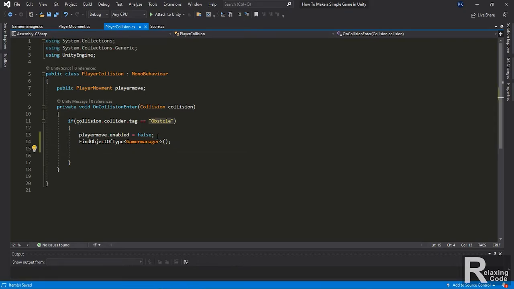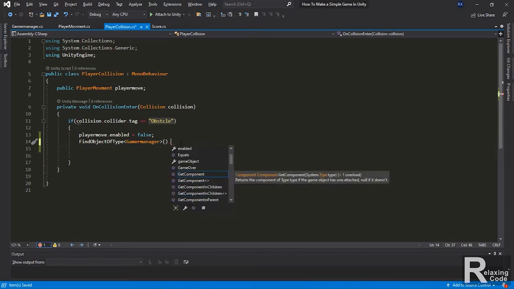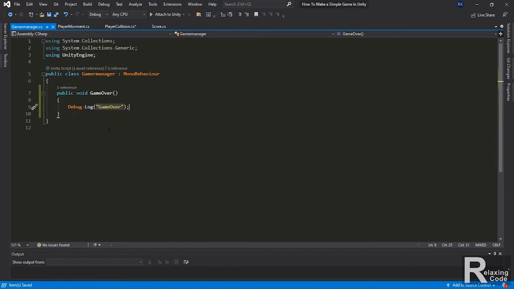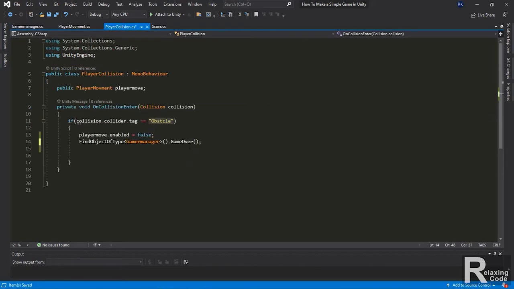So Control S to save it, and we can also press dot and it will show all the functions inside our game manager script. If we write GameOver, it shows here and we can choose it, because inside the game manager script we defined our function as public, so we can access it from anywhere in other scripts. So if we save this and go back to Unity,